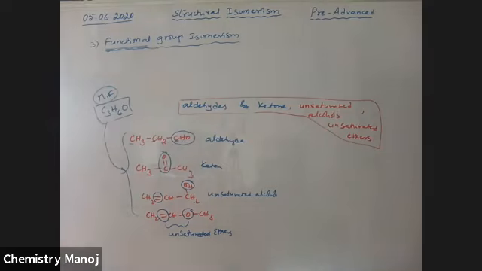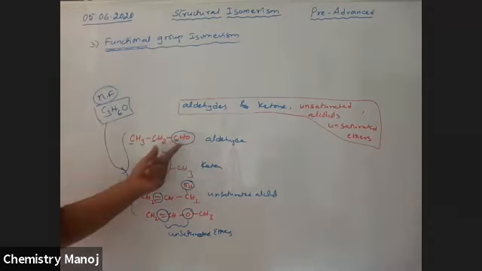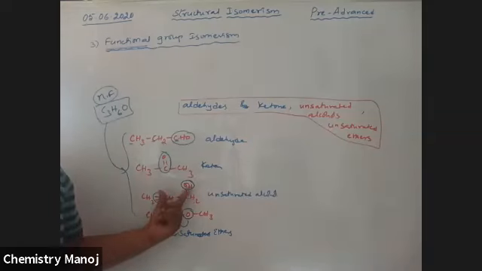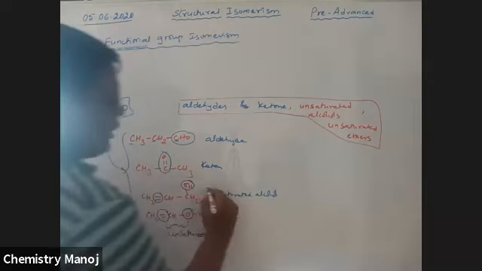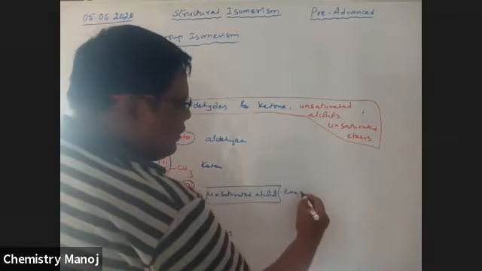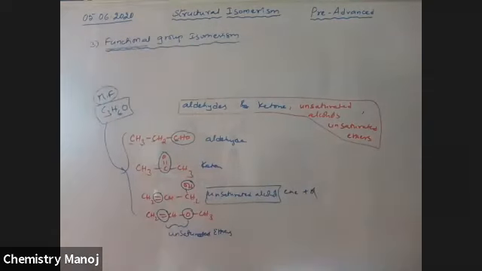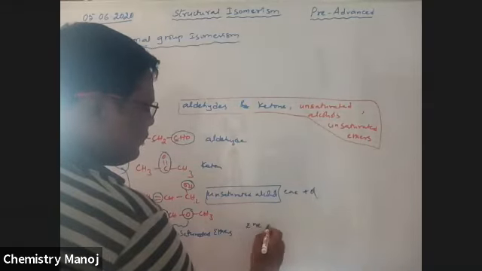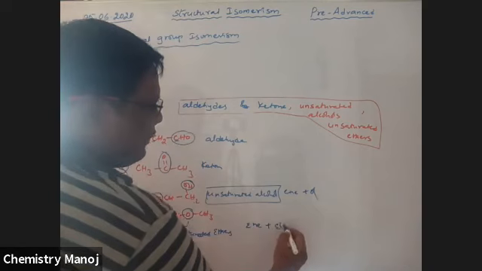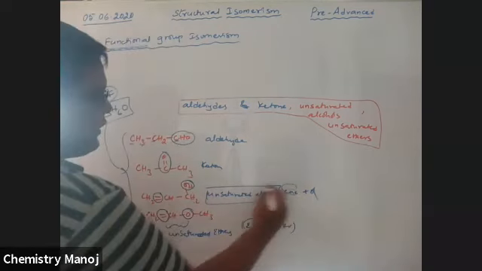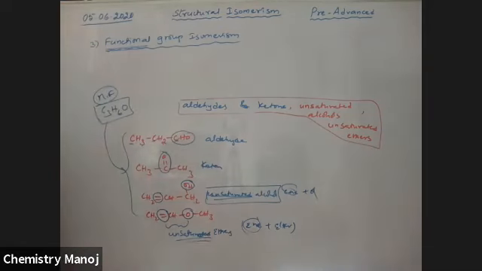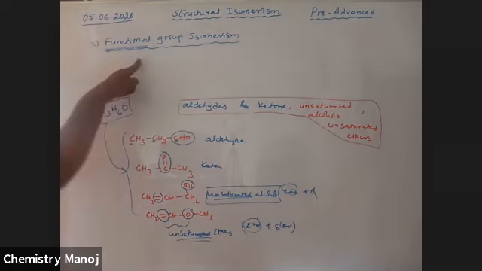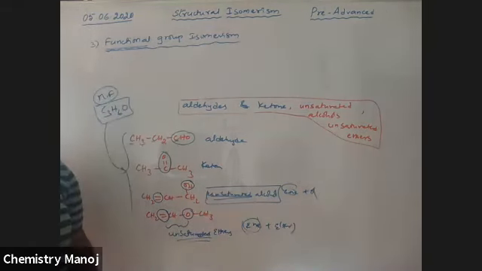All these compounds have the same molecular formula, but one is aldehyde, another one is ketone, another one is ene plus ol, enol. Next, unsaturated alcohols, in particular, this one is taken as ene plus ol, so double bond and alcohol. Here also, ene plus ether. That is why ene is there. That is why these are taken as unsaturated cases. Unsaturated alcohols and unsaturated ethers. All this class of compounds are considered as functional group isomerism.